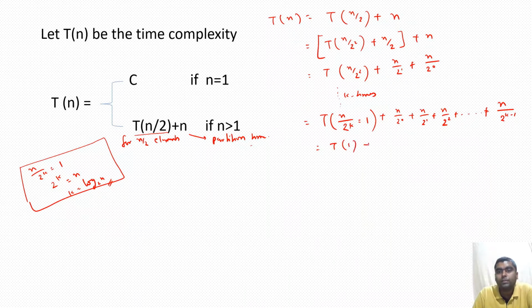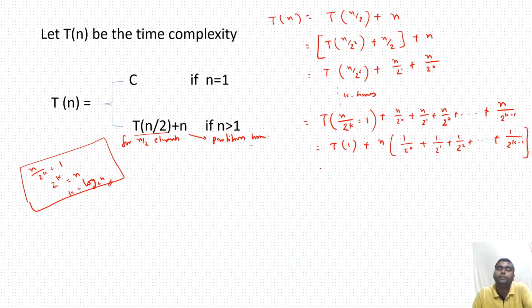Here is T of 1 plus, if you take n as common, so this is 1 upon 2 raised to the power 0 plus 1 upon 2 raised to the power 1 plus 1 upon 2 squared and so on, up to 1 upon 2 raised to the power k minus 1. Okay, fine. So finally, if you solve this particular thing,